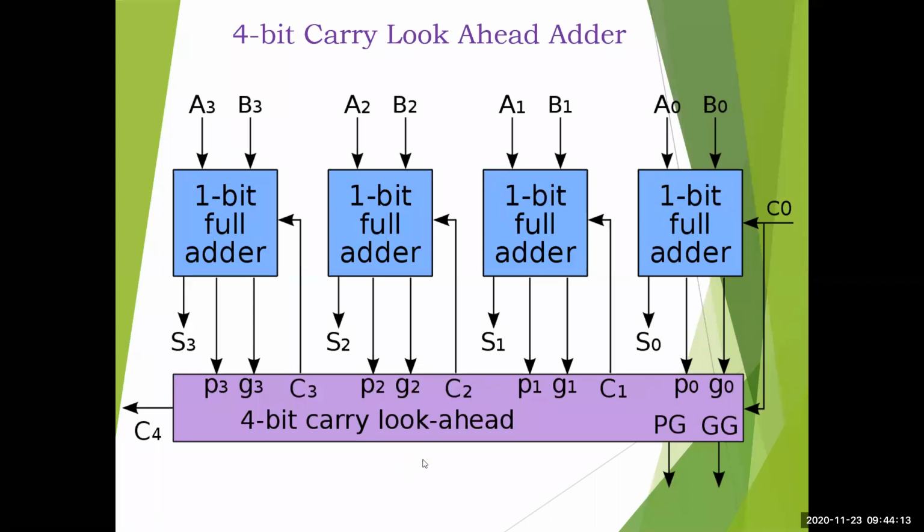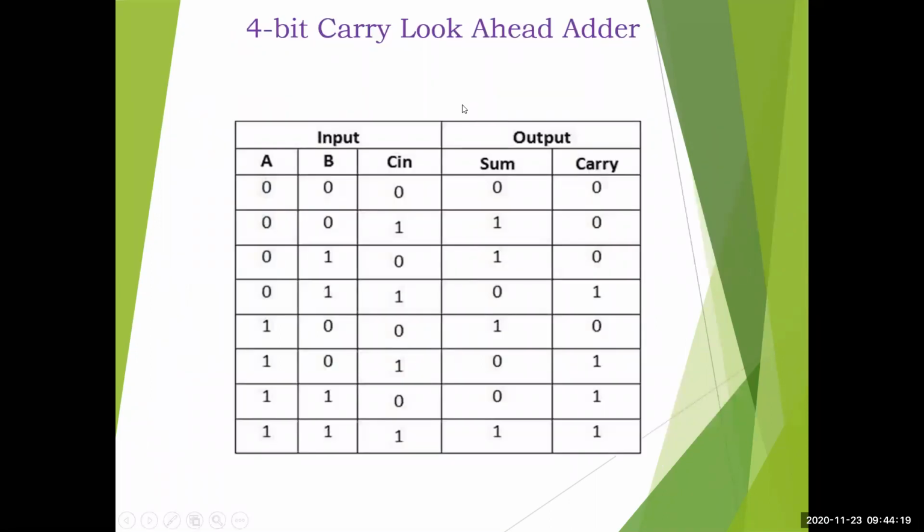Very simple. Now we'll try to understand how this p and g came about. This is the truth table we looked at in the 4-bit full adder design, the same thing we are referring to. What is different is that we are generating the carry here. If you see the first 3 combinations, 0 0 0, 0 0 1 and 0 1 0, the carry is 0, there is no carry generation or propagation, as well as in the 0 1 0 0 combination.